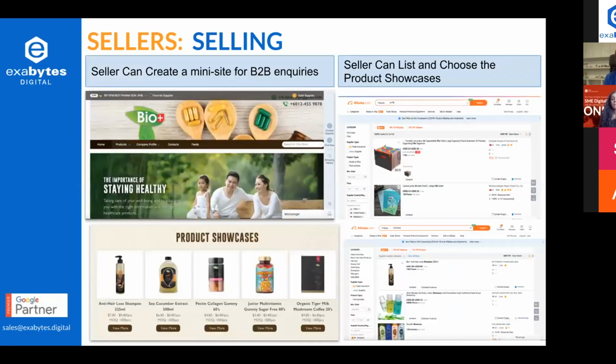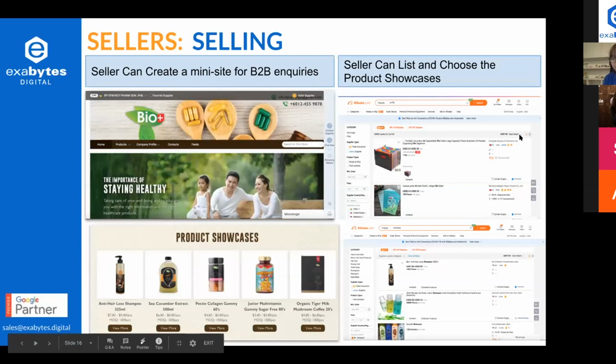Okay, so next is about how the store can look like. If you guys have the account, you also can create your mini site exactly like the left hand side I'm showing you here. This is one of our clients. He's selling chemicals. He's a pharmaceutical company. So they have their own online website. They also have their own campaign, everything for B2C. But this is the B2B. So you can see this is how we also create a mini site.